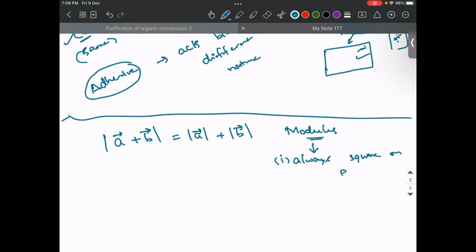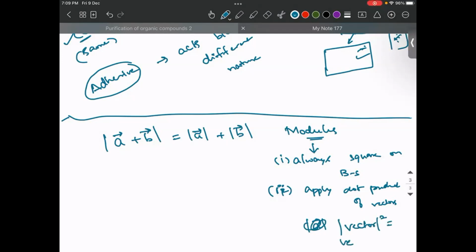Second step, this is the algorithm: apply the dot product of vectors, because the magnitude of a vector squared is equal to the vector